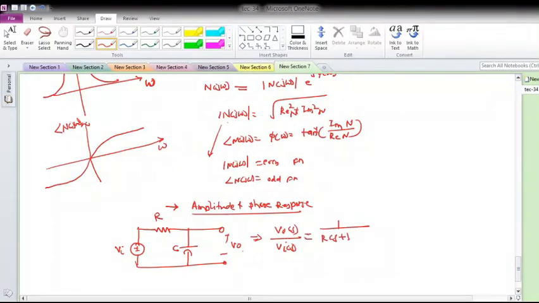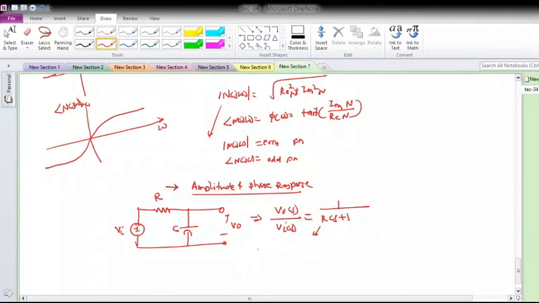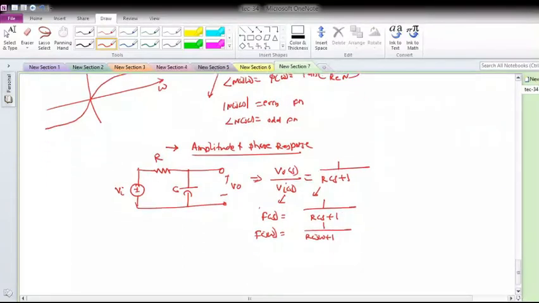This is in the S domain. Now I would like to evaluate in the frequency domain. Let me call the network function F of s, which is 1 over RCs plus 1. Let me evaluate in the frequency domain, so s is replaced by j omega, giving 1 over RC j omega plus 1. Then I will find the magnitude response, F of j omega. The magnitude response will be 1 over the square root of R squared C squared omega squared plus 1.